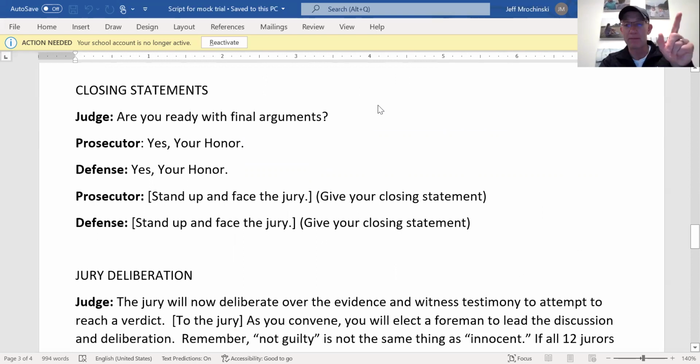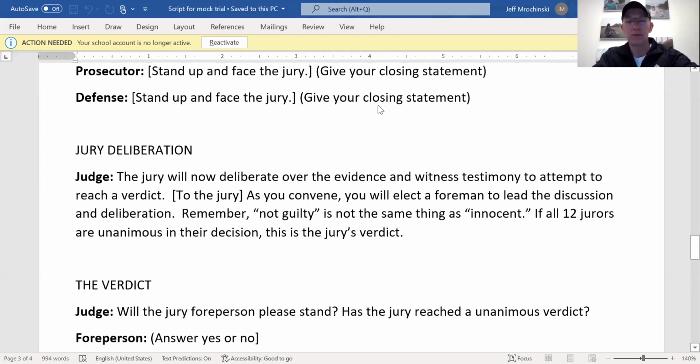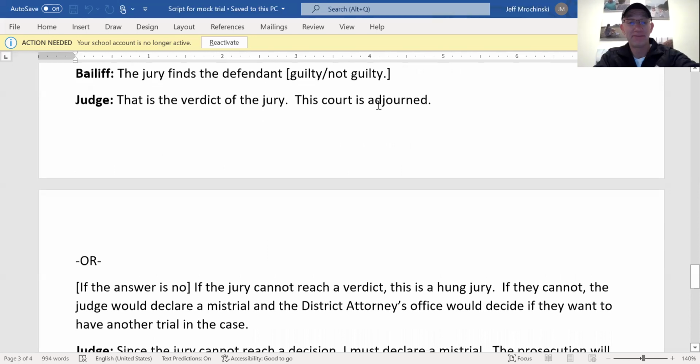I will add, and I should have added this before. Once all the witnesses are called up, the prosecution calls their witnesses, go through those. The defense calls up their witnesses, and we go through those. Then we have closing statements. And so just like the opening statements, the prosecution side goes first, then the defense side goes, and they kind of get to summarize the court case based on their point of view, trying to sway the jury to reach a verdict that is in favor of what they want. And then, of course, the jury deliberates, comes up with their verdict, and that is that.